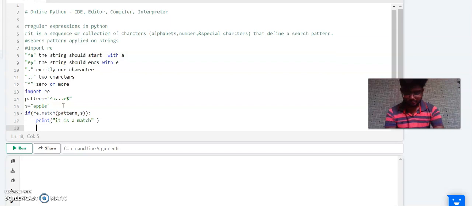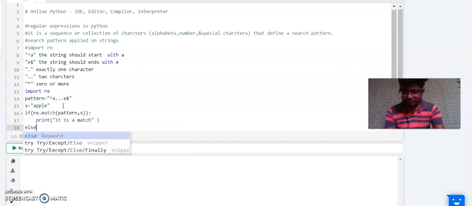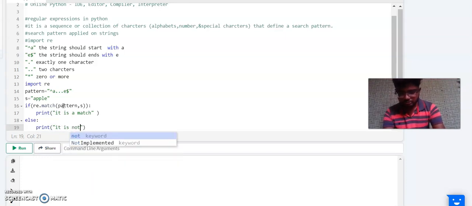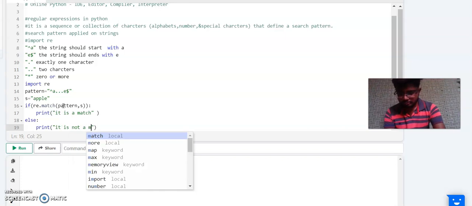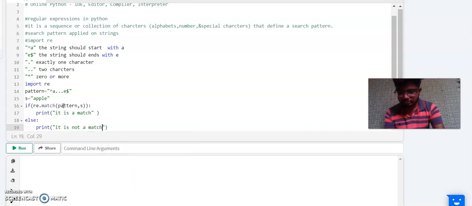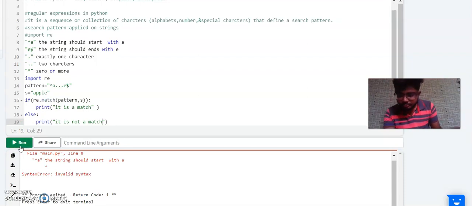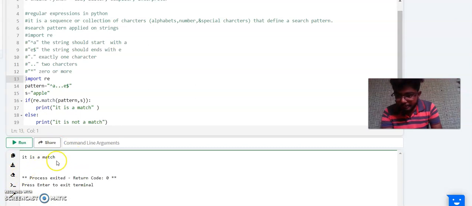Else, print it is not a match. Running, I will explain. So it is a match.